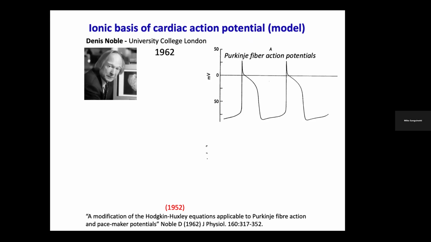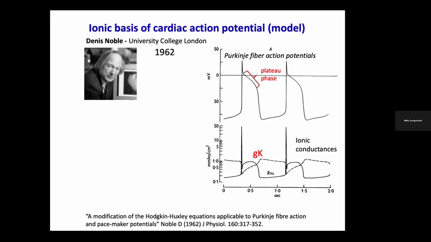He started at University College in London, then went to Oxford, and he was modeling Purkinje fiber action potentials based on Hodgkin-Huxley equations used to describe action potentials, electrical activity in the squid axon. And that work was done in 1952. And Noble came along and extended this idea to cardiac tissue and could fully describe the shape and frequency of